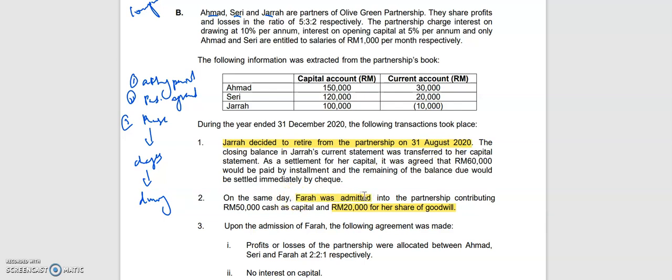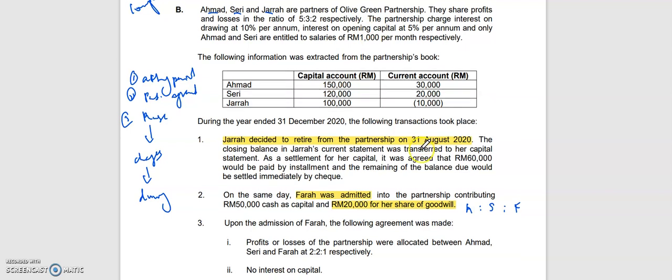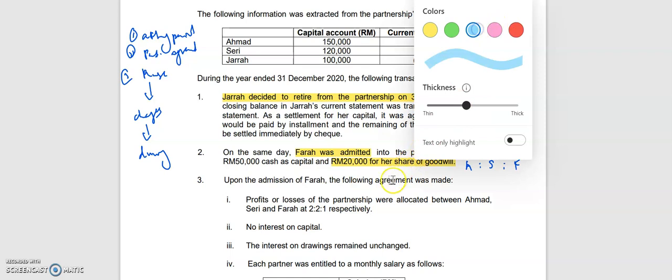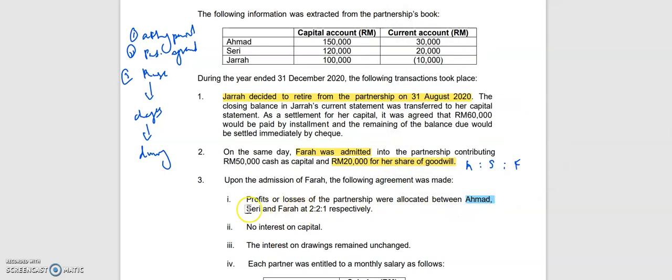So now your partners, the remaining partners in the business are who? Ahmad, Seri, and Farah. So based on the new partnership, okay, the profit and loss sharing ratio has changed to new ratio. Ahmad, Seri, and Farah at 2:1. So based on the ratio,